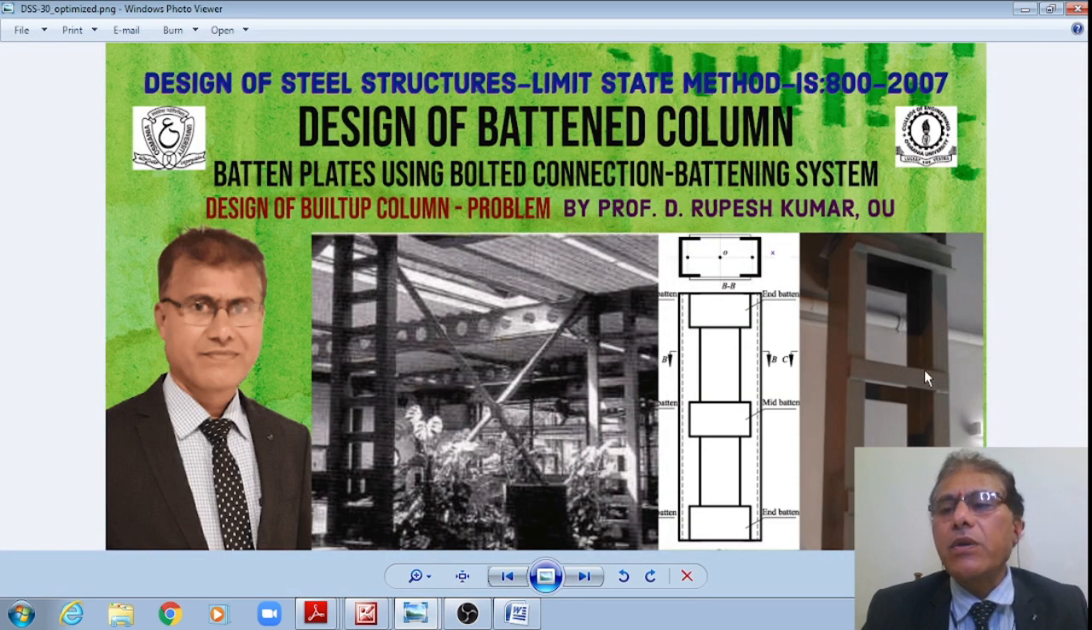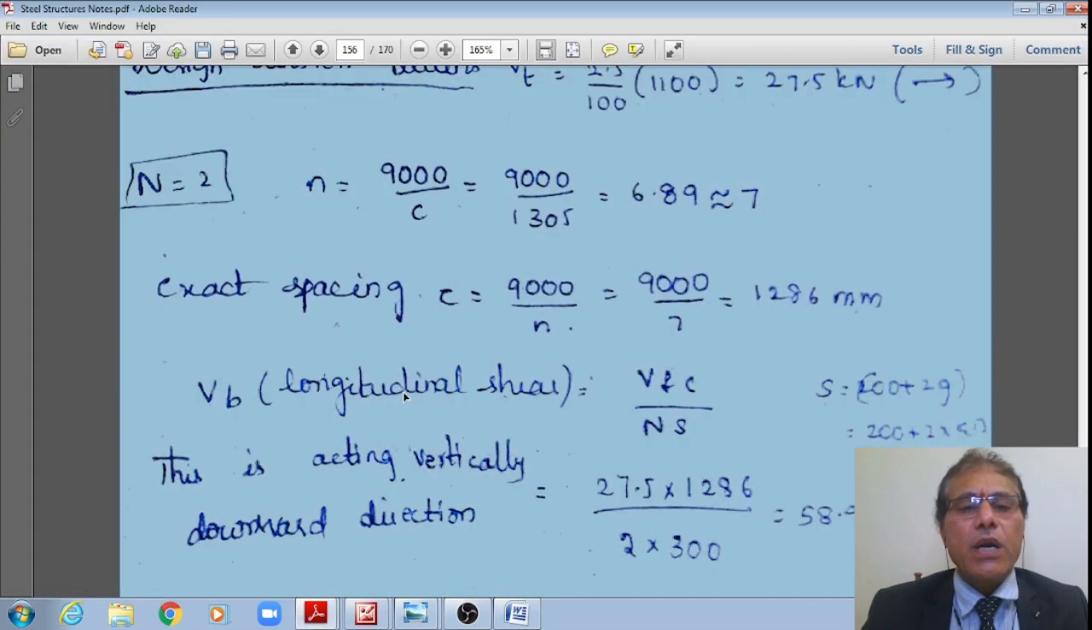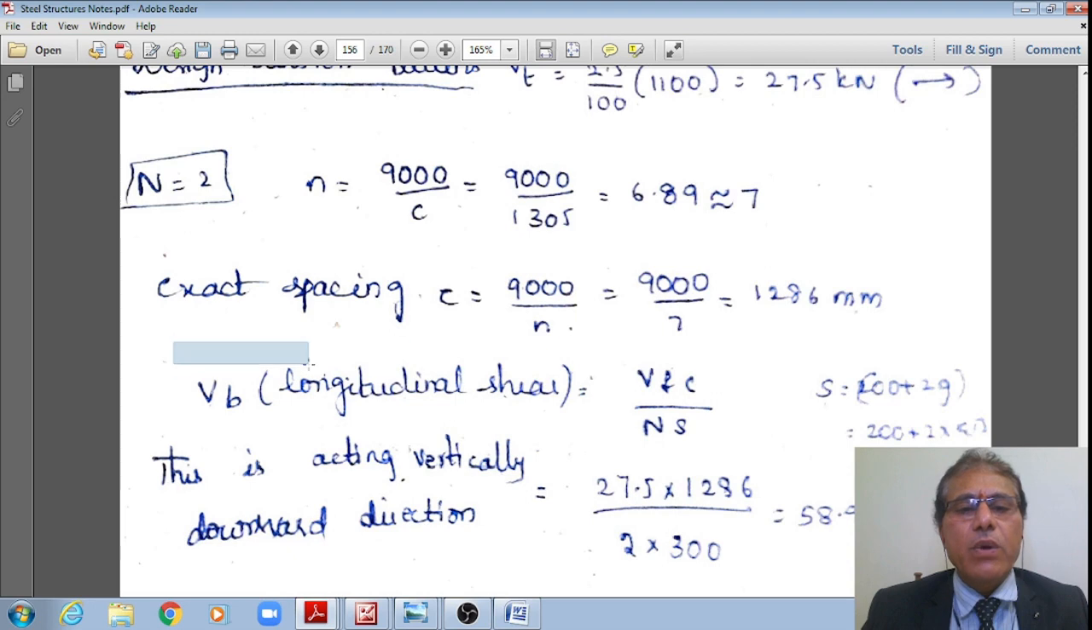Here, this center to this center is 1286. This is 1286, right? Here to here, 1286, right? Once I get this exact spacing, now what I'll do is, with this exact spacing only, I'll calculate what is